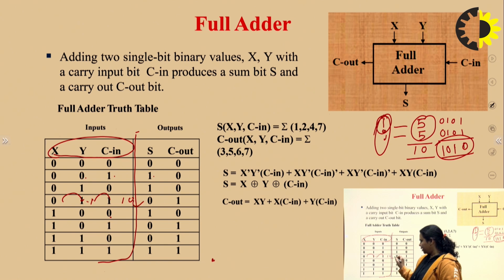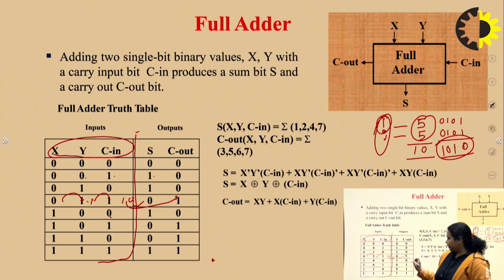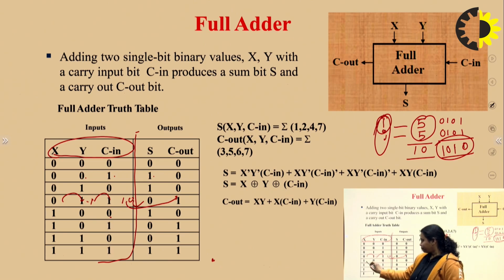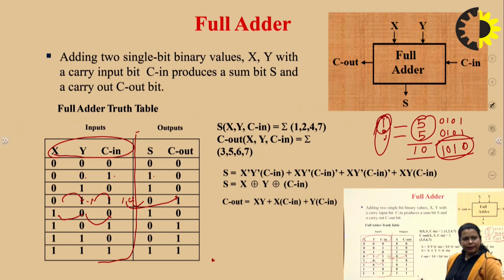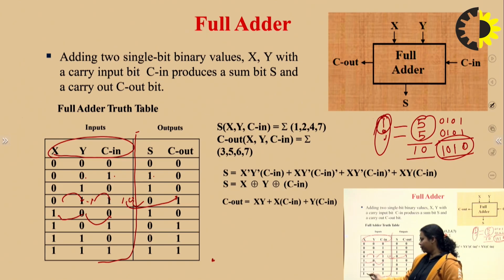So 0 here and this 1 goes here. Are you getting it now? Now in a similar way, 1 plus 0 is 1 and 1 plus 0 is again 1. So carry is 0. So in a similar way we will create this table. See the last table, 1 plus 1 is 2. 2 is basically what? 1 0. So 1 0 plus 1. 0 plus 1 is 1 and 1 as it is.